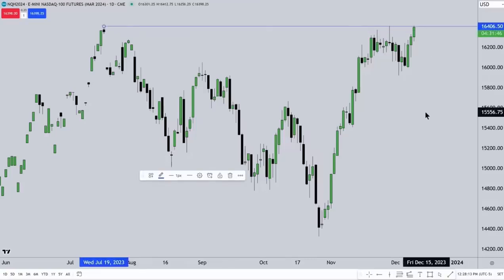And we pierced it today. I don't think it stops there is what I'm getting at, because I'm using the logic that even though its volume is rolling out of December into March, December is still going to be traded. December is still going to be traded even on the day of expiration. It may not be a lot, but it's still being traded. So I'm not advocating for you to trade it that long, but there's unfinished business up here based on